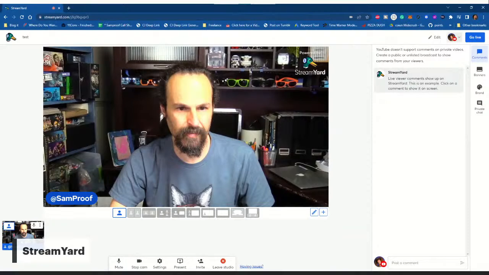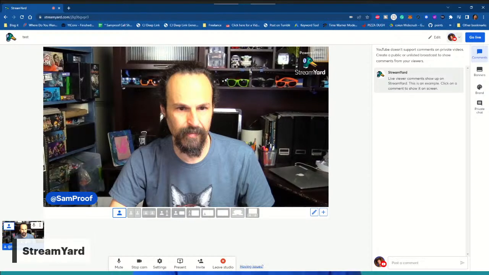Sure. Again, StreamYard is a browser-based experience. It does not have the ability to let you use OBS, but here you go. This is the standard browser dashboard. It's very similar to what you just saw with Restream, where you have the pre-created scenes under the video player. On the right-hand sidebar, you have a place for the comments where you can put those on your screen.